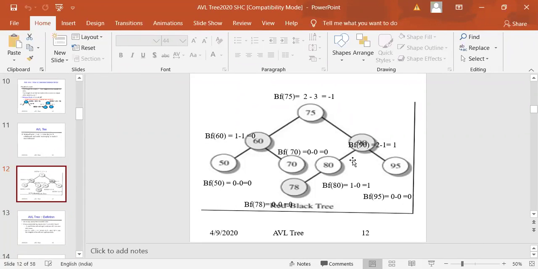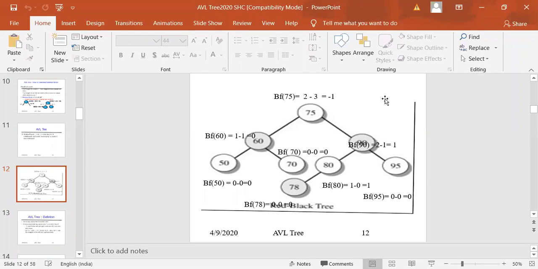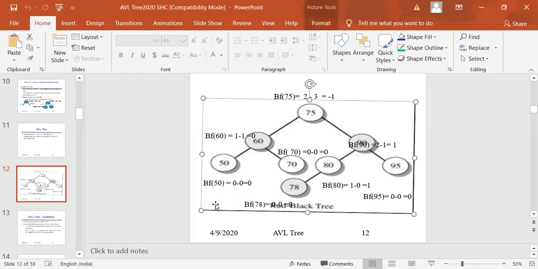When the root node is having minus 1, it indicates that all subsequent nodes are balanced. This is clear. If something is unbalanced at a lower side of any subtree, then definitely the balance factor of the root is also not balanced. It may cross minus 1 or it may cross 1 also. Is it clear?